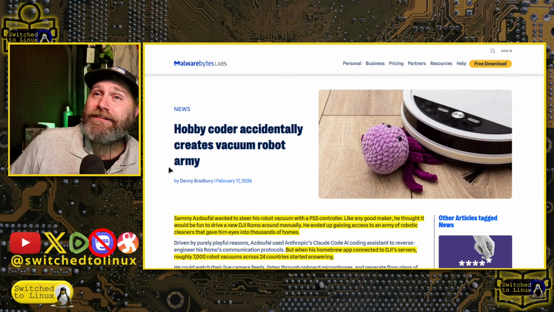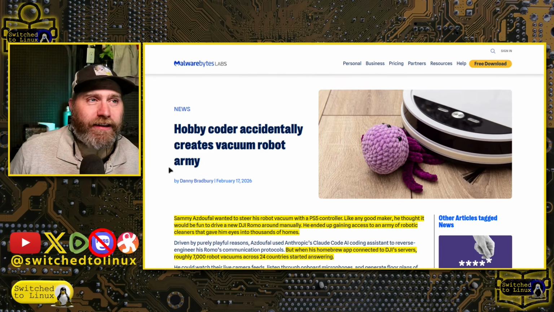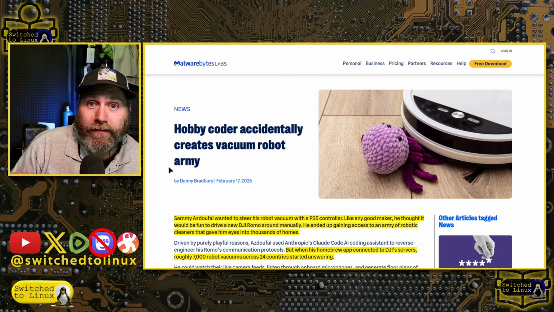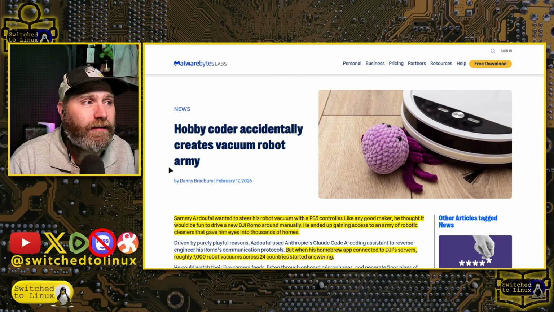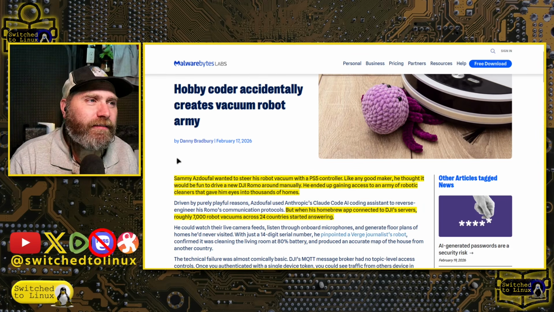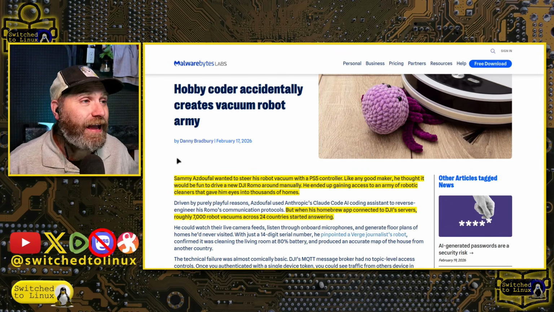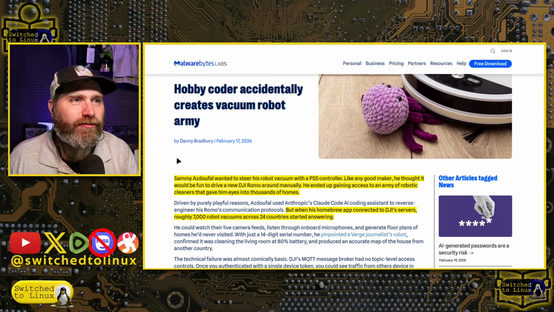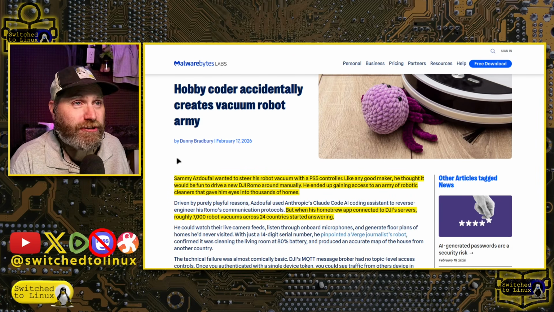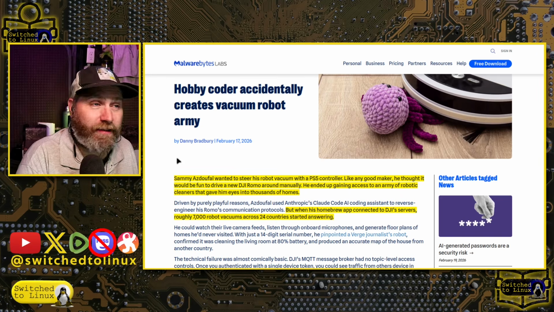Microphones? Why does your vacuum need a microphone? It's all you need. Your little robot thing's going to sneak on into the room with the microphone to listen to you. It's listening. So this guy's like, I want to do something fun. I want to control it with a PS5 controller. All right, got a PS5 controller. I got a DJI Romo. He runs around. I want to control this thing. I think it'd just be really fun to sit on my couch and control my vacuum cleaner with my PS5